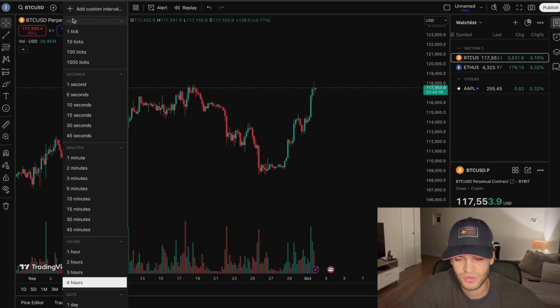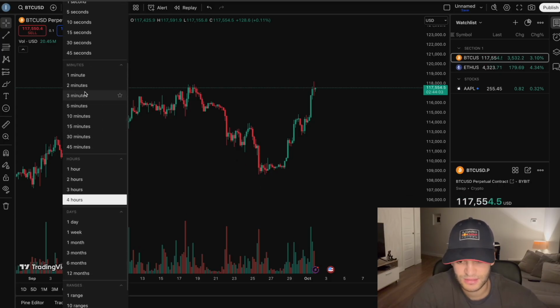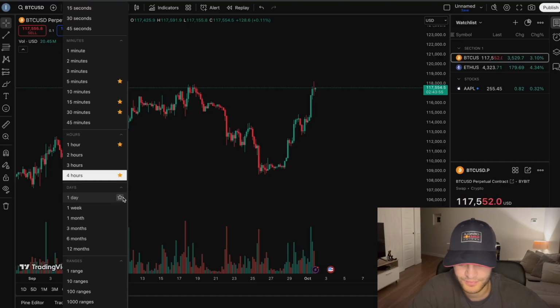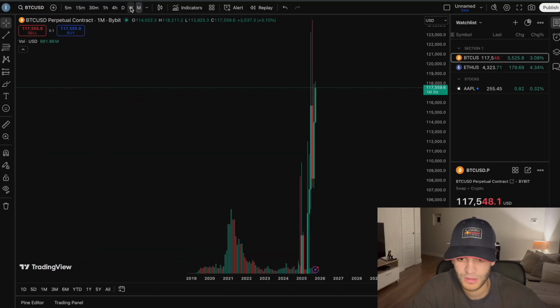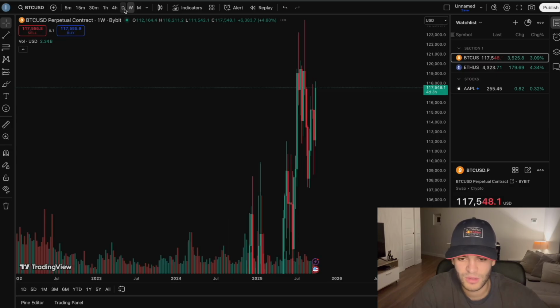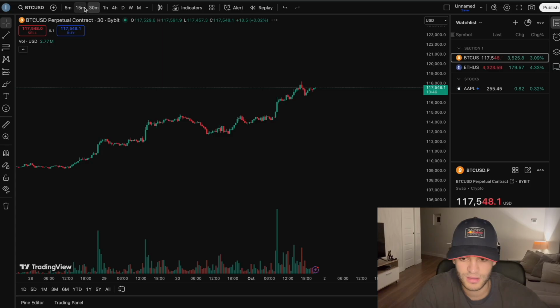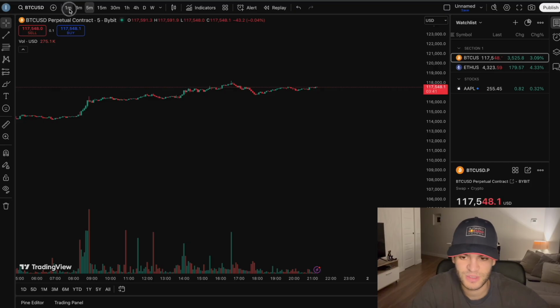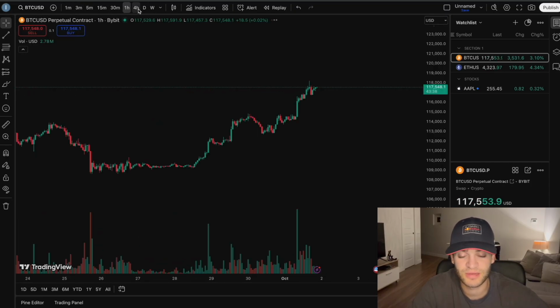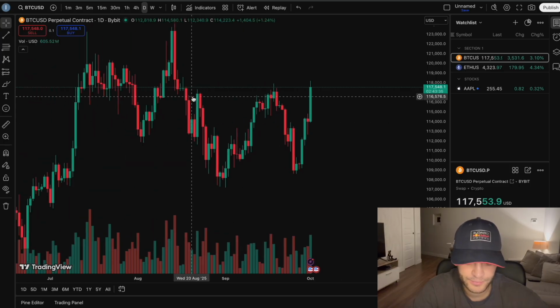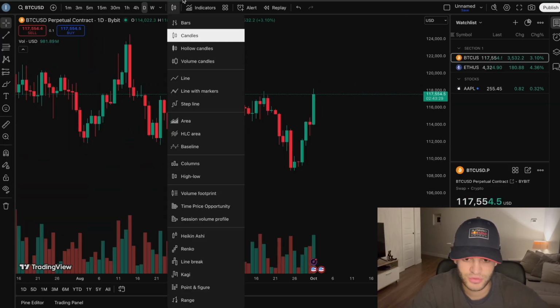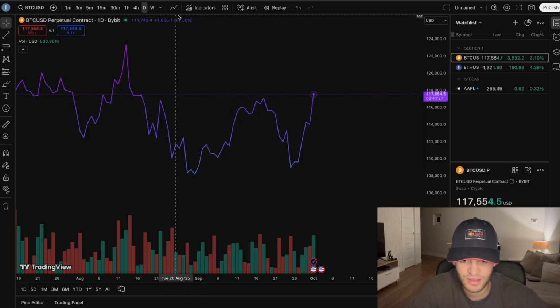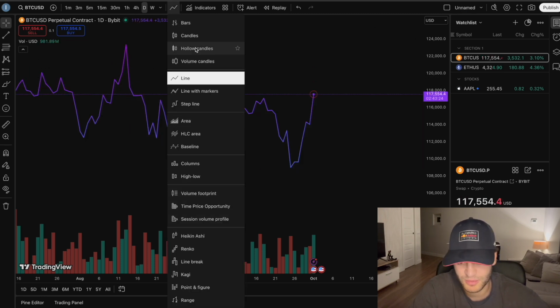Here on the top left, you have your time frames. You want to select the most important ones. I personally use 5 minutes, 15 minutes, 30 minutes, 1 hour, 4 hours, 1 day, 1 week, 1 month. And now you have all the things that you need up here that you can switch between. I would also add 1 minute, 3 minutes. And yeah, so this will help you switch through the time frames very quickly. Okay. Then here you can switch between candles, line graph. That's pretty much it. You don't need anything else